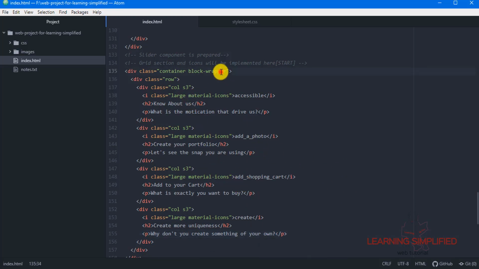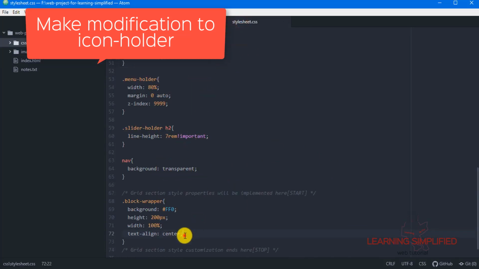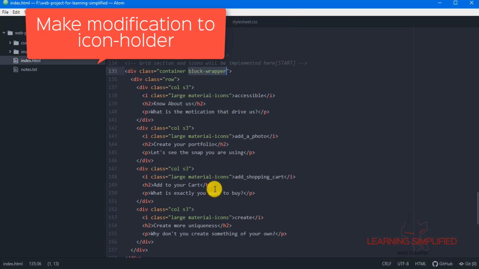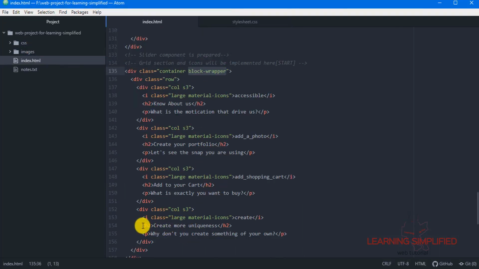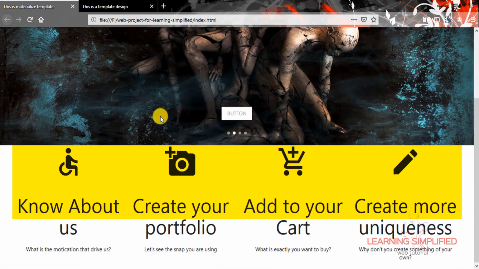now that we have used this text align with this particular block wrapper class, you can see it over here that we have put this text align center. So in that particular case, each and every one of these individual elements will be aligned into the central position. This is the second case. Now if we get back to our project and reload, we can see that this will be the result.